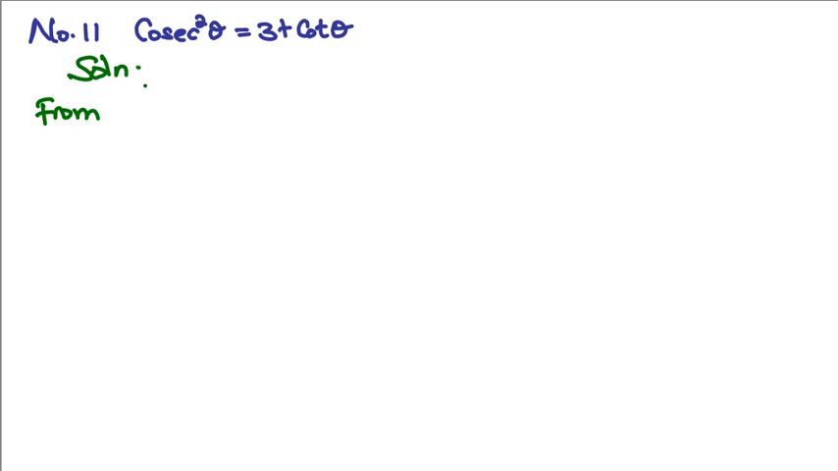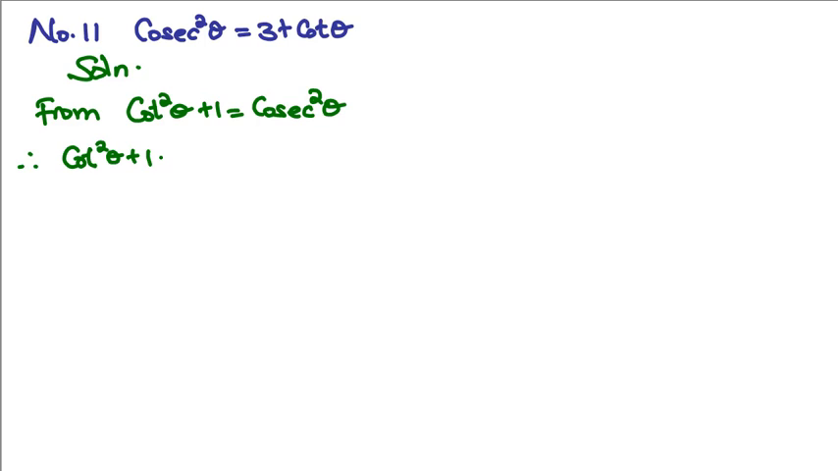Alright, so I'll attempt one more number, and that's number 11 from the back house. It still talks about the same concept. This time around you have been given cosec squared theta is equals to 3 plus cot theta. So there is one trig identity that relates cosec with cot, and if you remember, it's the one